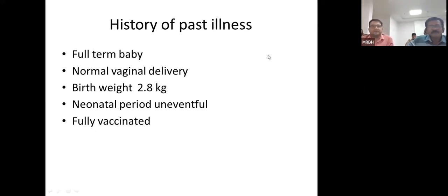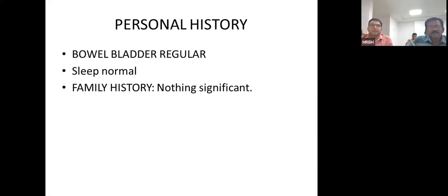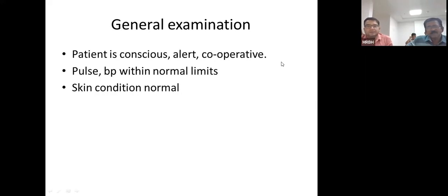History of past illness, or rather birth history. This is a full-term baby of normal vaginal delivery. Birth weight is about 2.8 kg. Neonatal period was uneventful and the baby was fully vaccinated up to date. Personal history: bowel and bladder regular, sleep normal. Family history: nothing significant. In general examination, the patient was